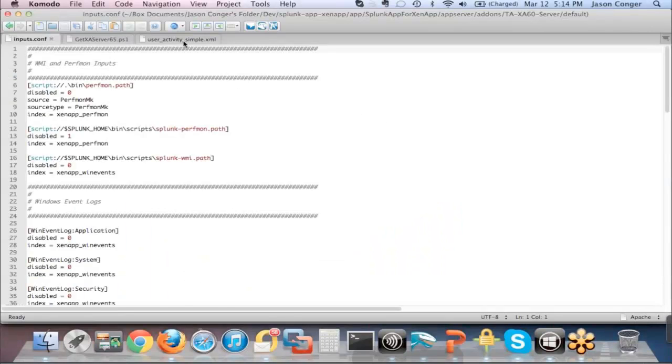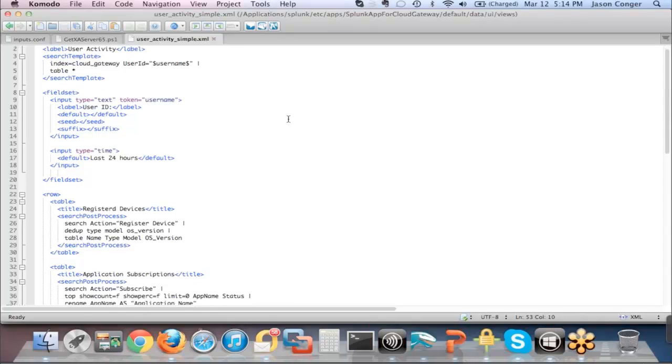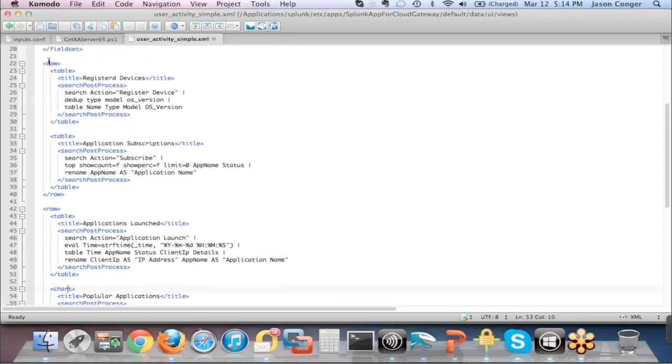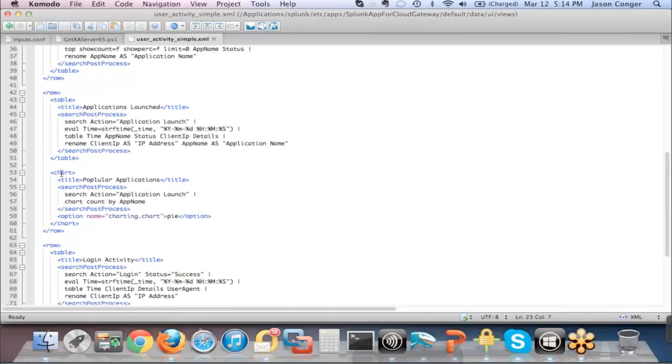Yeah. So just to give you an idea, when I created a form and all the visualization, it creates XML in the background, and it's actually pretty easy to read. So here's a row, and here's a table in that row, and here's another row and a table, and here's a chart. All those things I was doing earlier, here's the search that's behind that table. It's very easy. So if you go download the XenApp app, you can open up the XML files, and this is what you'll see, stuff like this. So you can go modify it. You can see how that search was done. Change it to your environment if you want.